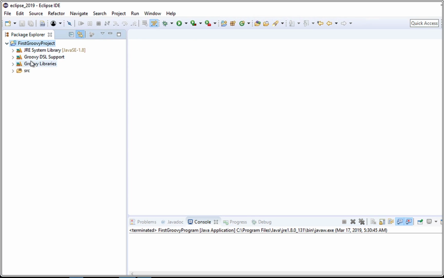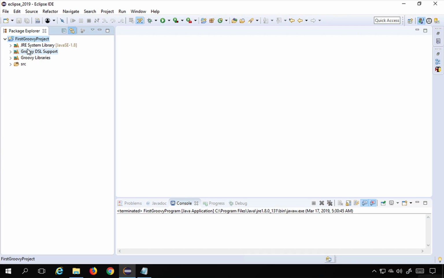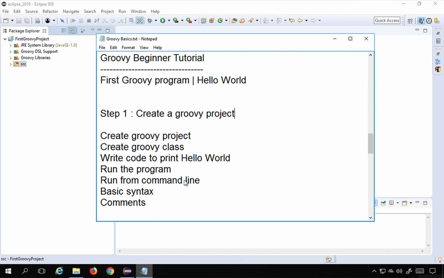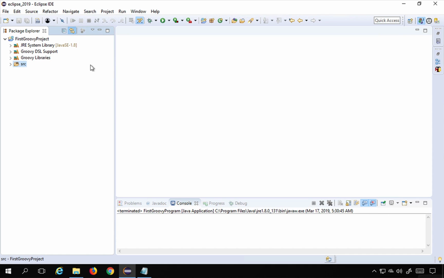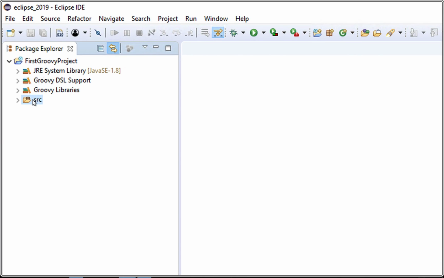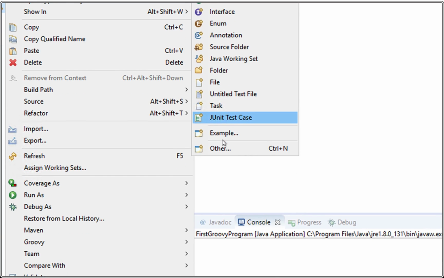And if I expand this, you can also see we have Groovy libraries and Groovy DSL support. Now I will go and add a new class. So step number 2 is create a new class. Now you can do this without creating a class and functions. I will show you later, but for now I will go to this src folder, do a right click and go to new, and again go to others,